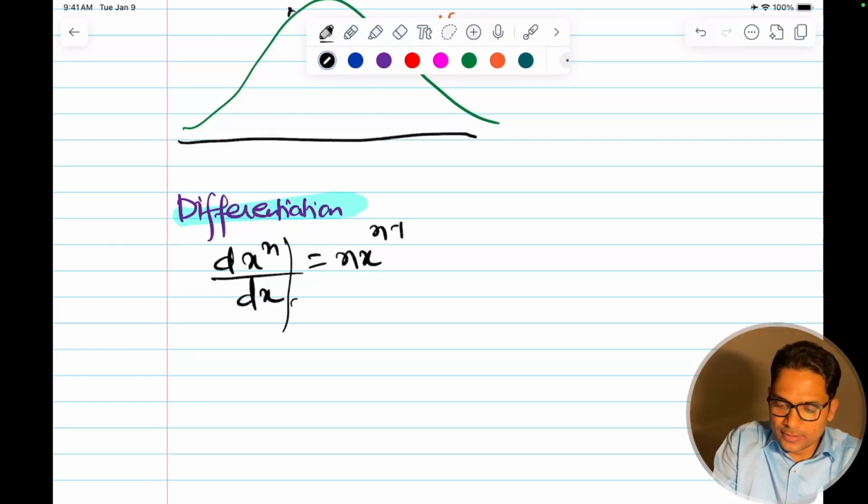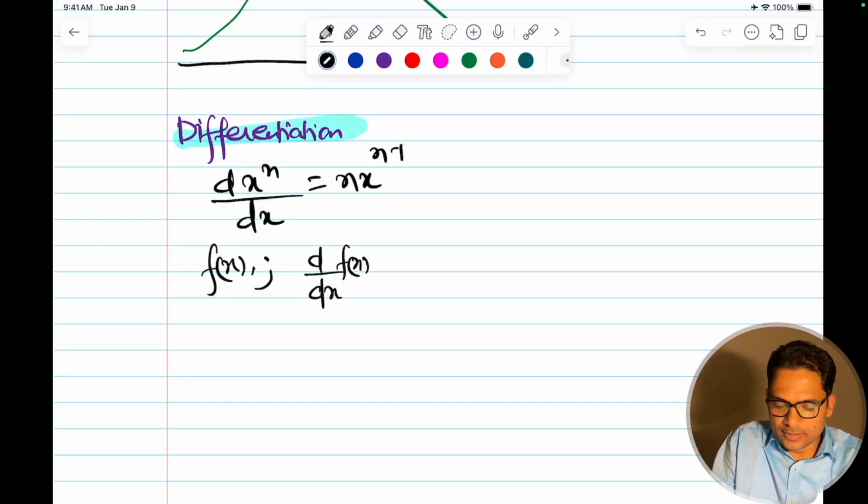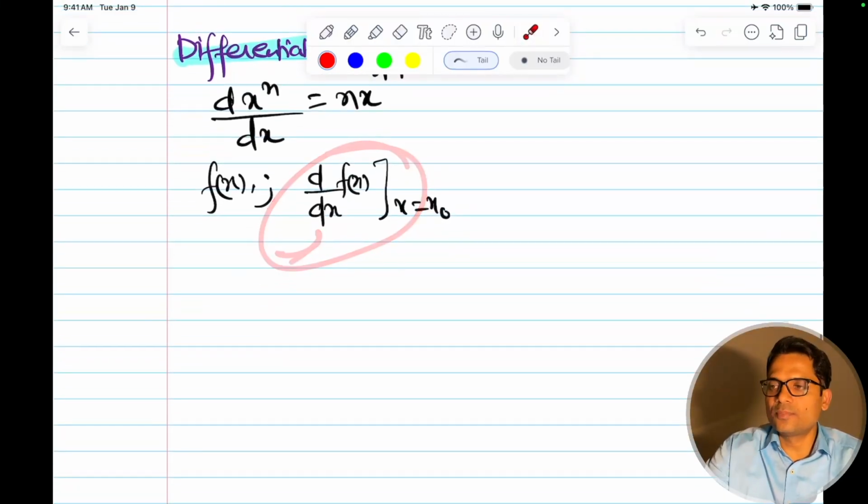If I want to calculate, if I have f(x), and if I want to check d by dx of f(x) at a certain point x equal to x naught, anything. So I can check how much the function is changing. For example,